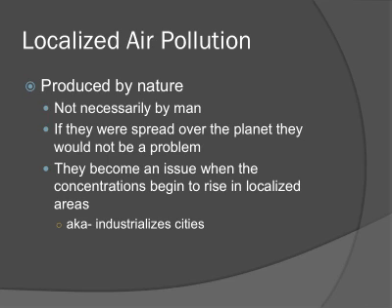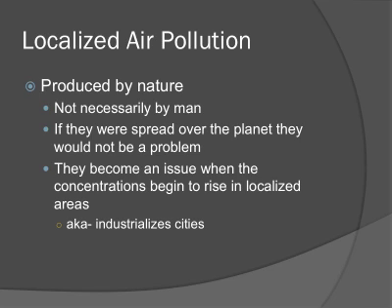For the most part, these types of pollutants are spread out over the entire planet, and it's not a huge deal whatsoever. However, they become an issue when it starts to happen a whole bunch in one small area. That's when these types of pollutants become really bad. So this would be like in cities like Los Angeles or New York City, really big cities with a very high population over a relatively small amount of area.